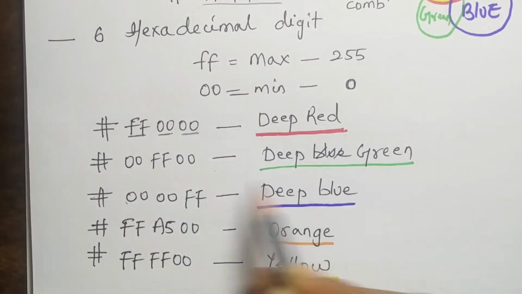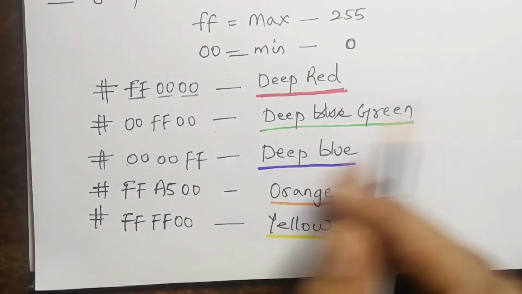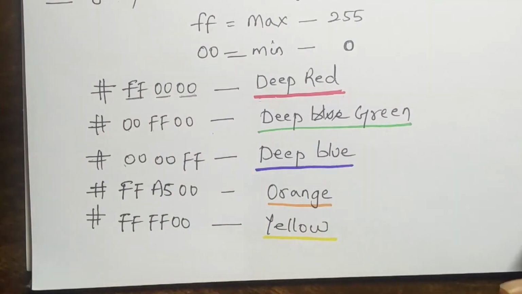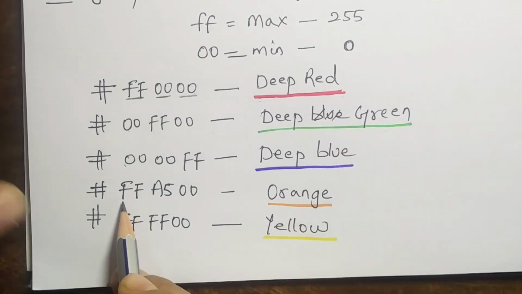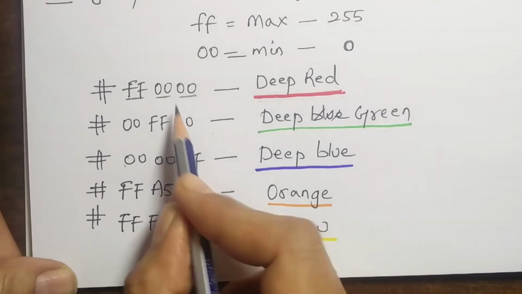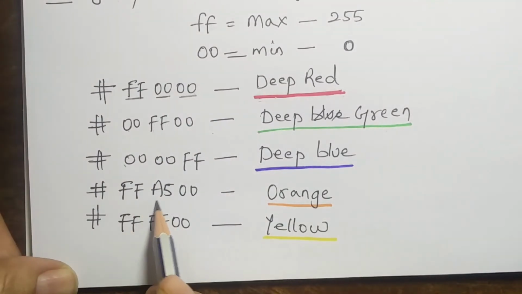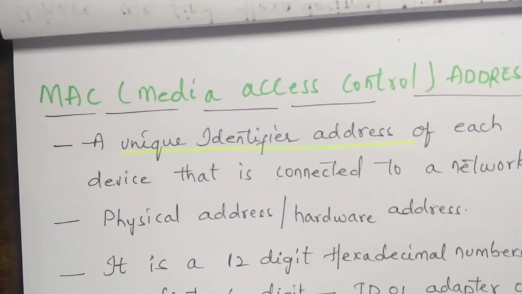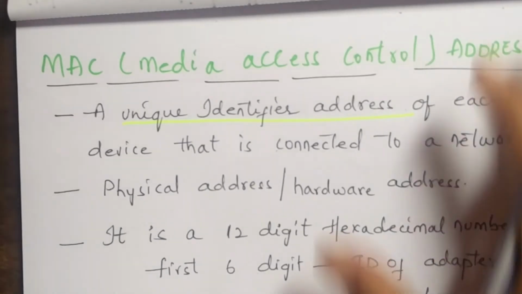You can see other examples like this. By giving a perfect combination or perfect value, you will have different colors like this. FF, that is red, is maximum. A5, instead of 00, you are selecting A5 and again 00. This is an orange. These are some examples of hexadecimal representation of colors on web pages, called hex color codes or RGB codes or HTML codes. I hope you understand. And you will also see hexadecimal numbers in MAC addresses.